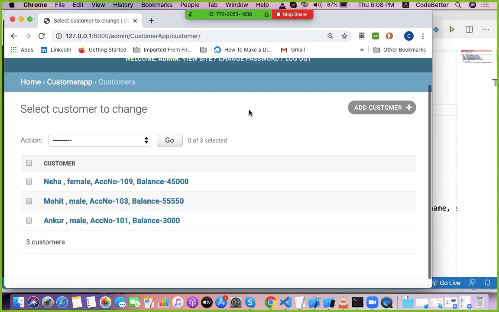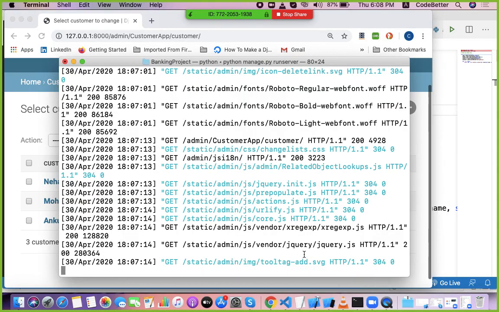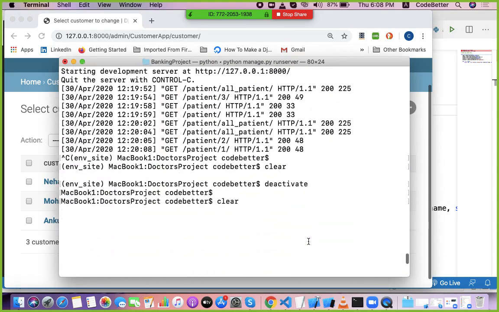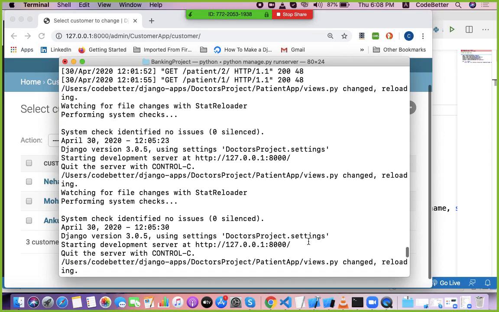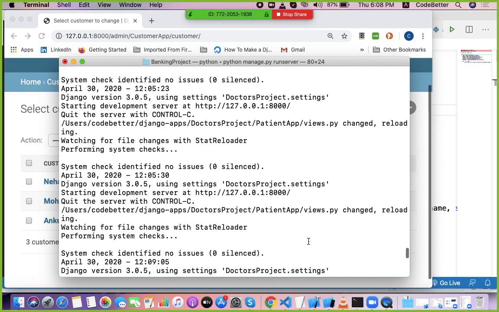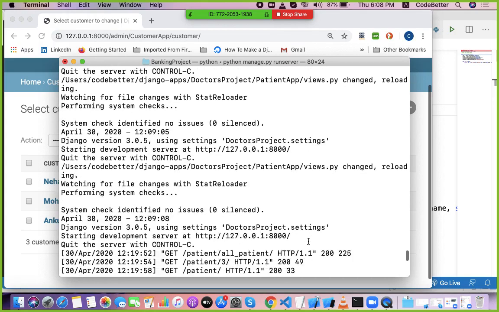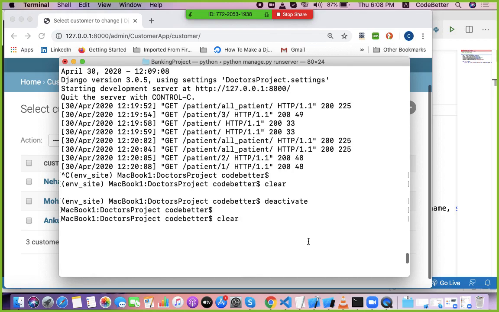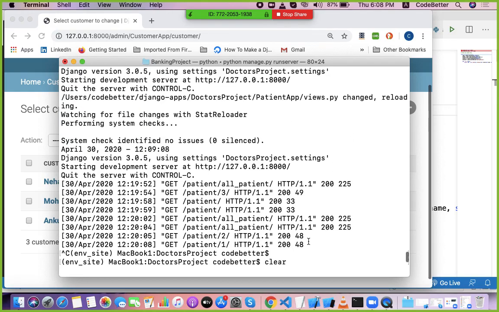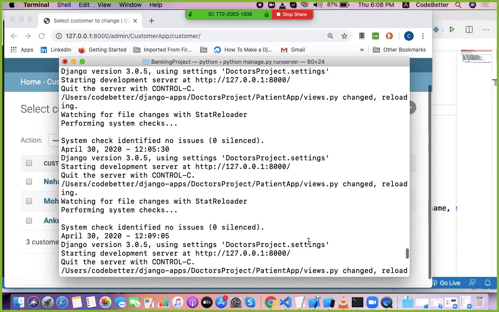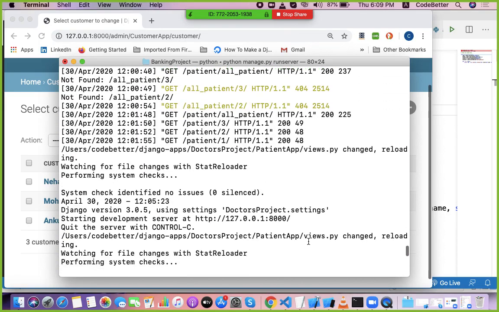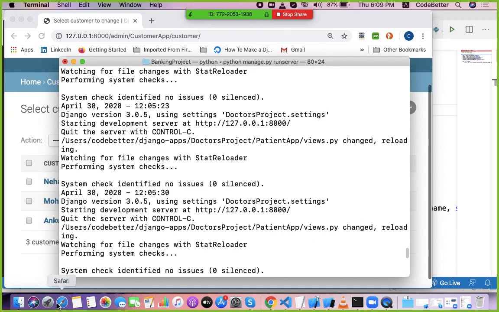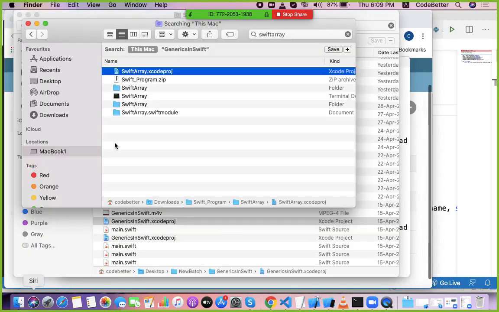Actually this data is stored in the database, and our database is present in this folder.